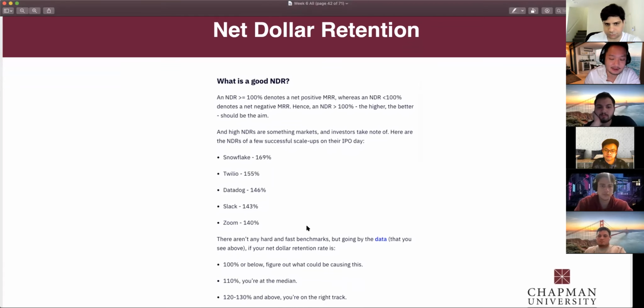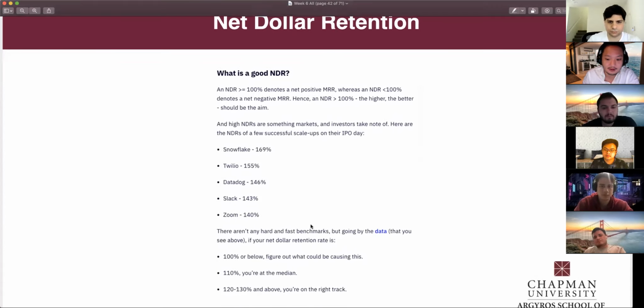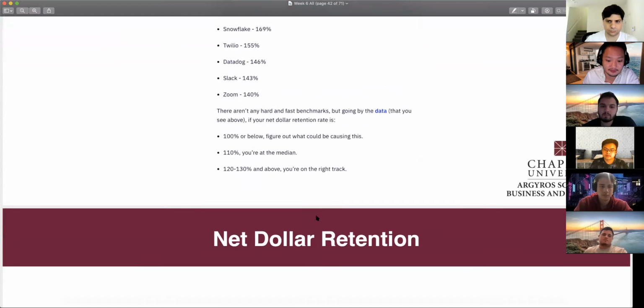So what's fascinating about some of these metrics is that you don't find these metrics in financial statements, right? Anyone can open up an entrepreneurial finance book or typically a financial accounting book, but they're not going to teach you how to calculate net dollar retention, churn, do churn analysis, et cetera, which is a really important benchmark in terms of assessing, right, the quality of a business.